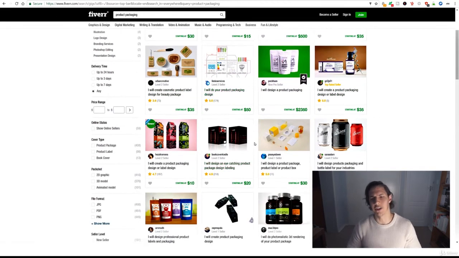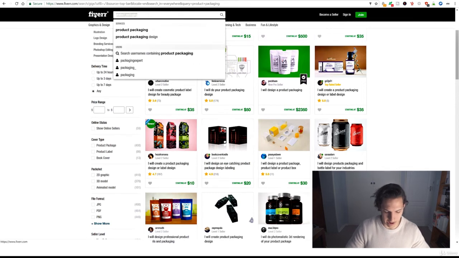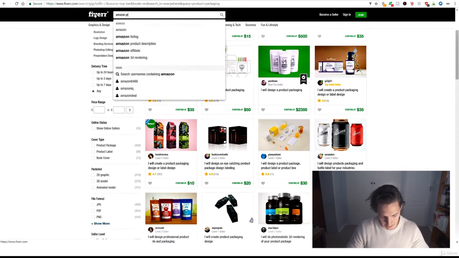So it depends on what your range is, but if you take a look around these sites, you'll see people offering a different range of price categories, obviously, and you can see their reviews as well. This guy's got a 4.9 star rating from 218 people, so he seems reliable. He might be someone who can do exactly what you're looking for. And then again, we have Amazon product